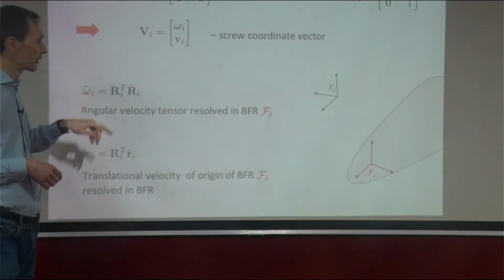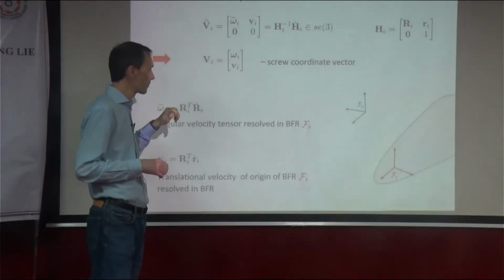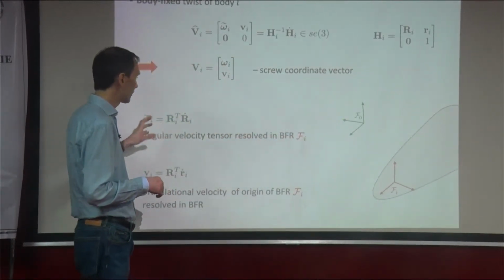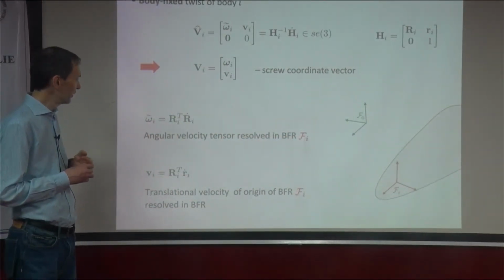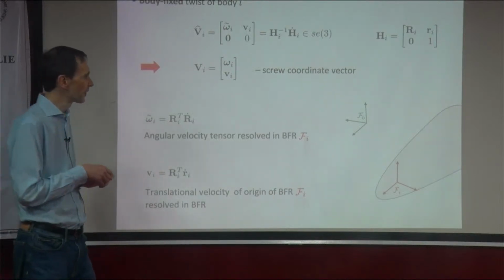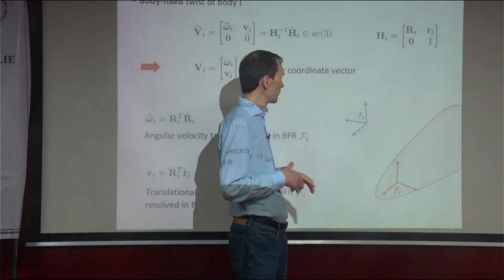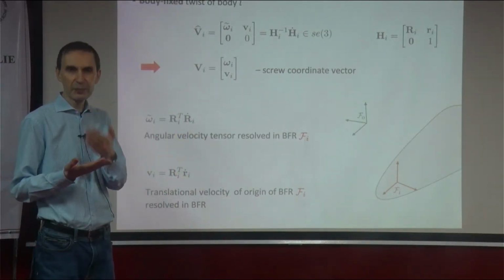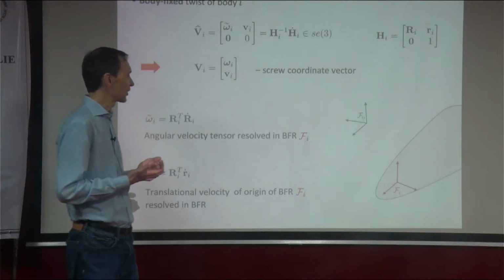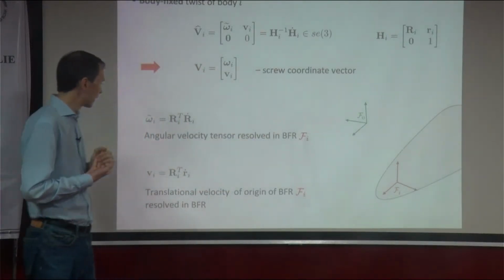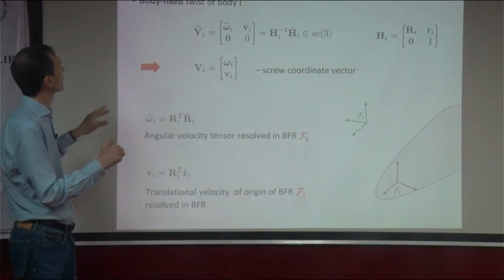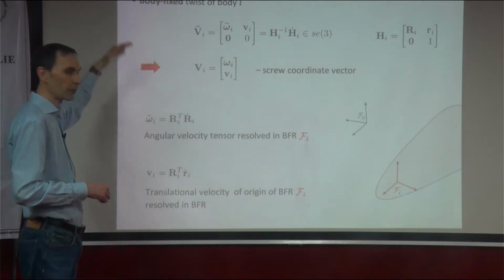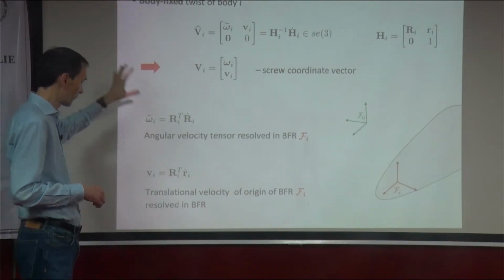The important point is that this is the angular velocity of the moving frame relative to the space-fixed frame. But it's a vector, so it must be represented in a certain frame. And it's represented in the moving frame. That's why they call it the body-fixed angular velocity. So the whole thing is the body-fixed representation of the angular velocity and